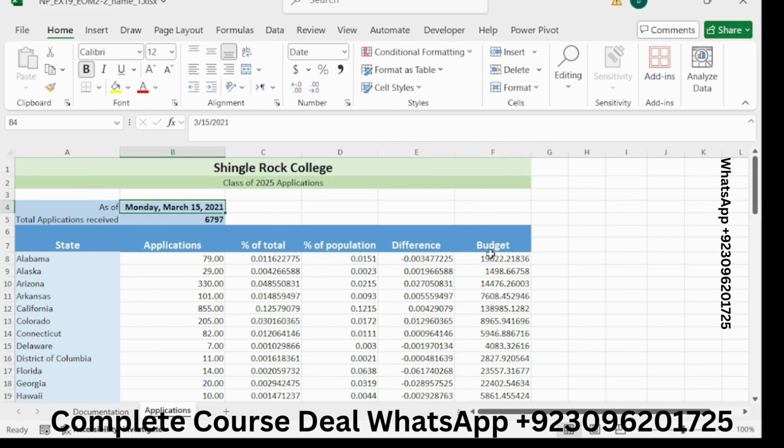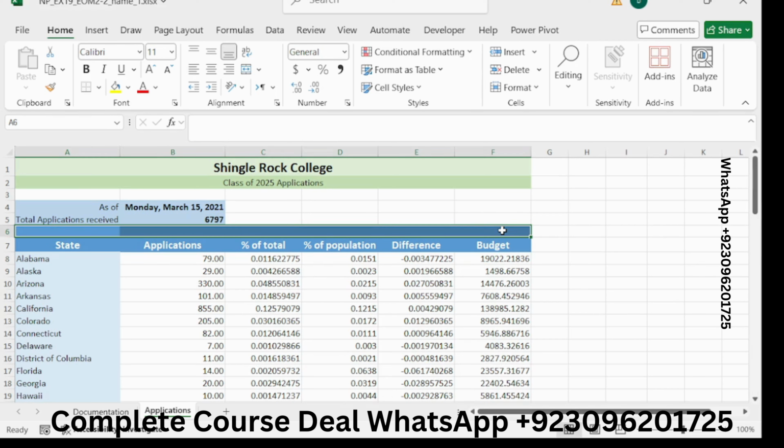And our step number 10 is format the application table by clearing the formatting from the range A6 to F6. A6 to F6, clear the format. Choose this one.